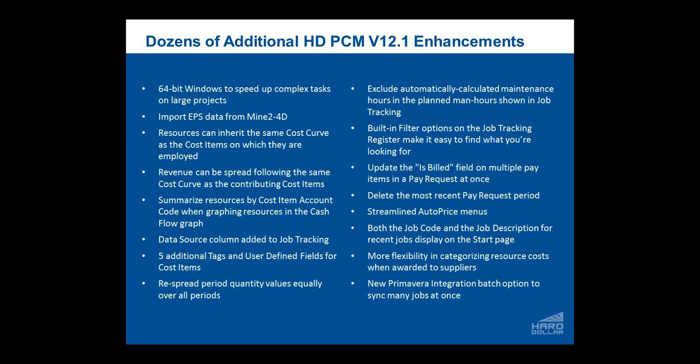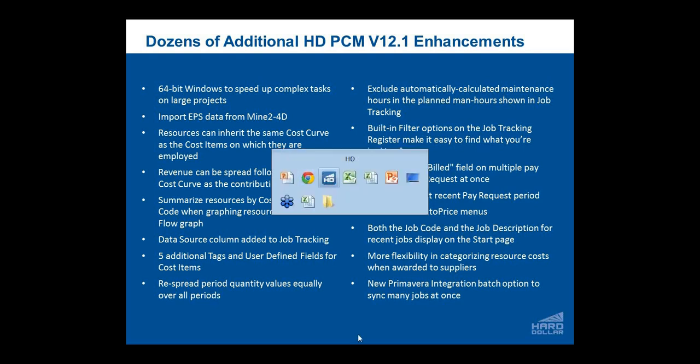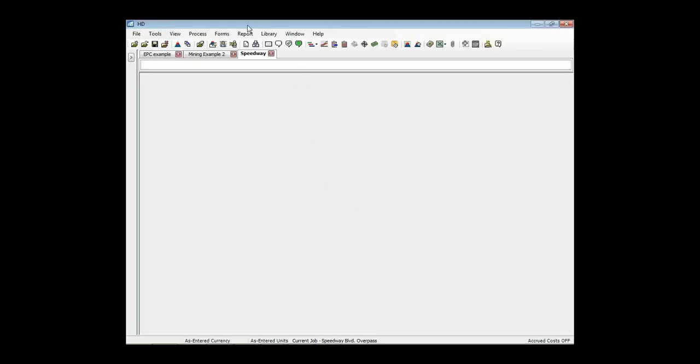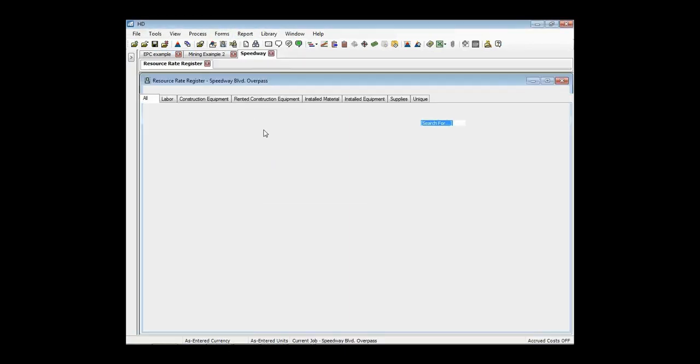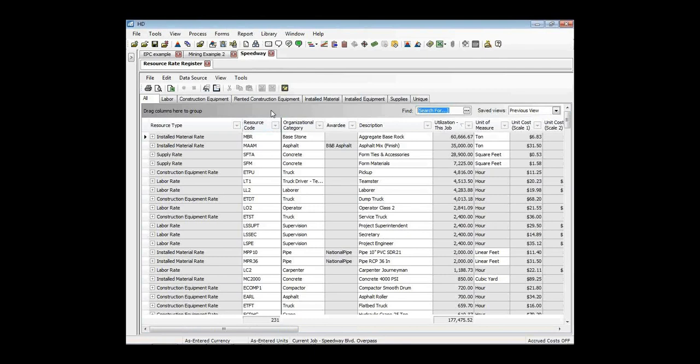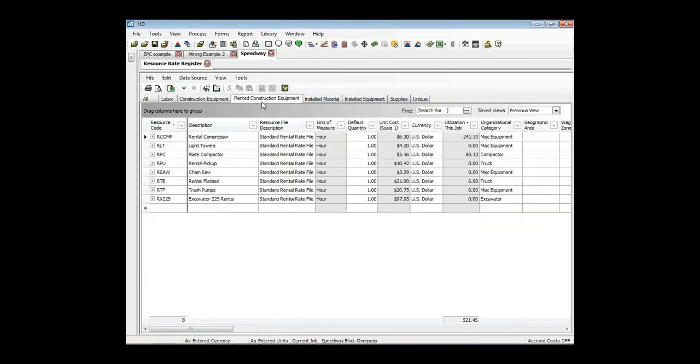So if we go into that, it is a fairly frequent request. So currently, if we look at our resource rates, if we go into anything that you can award to a supplier, like materials, rented equipment, etc., previously, if you were to award those things to a subcontractor or supplier, you don't have control over what cost category those things go into. Okay, now with version 12.1, what you can do, if we go into, say,